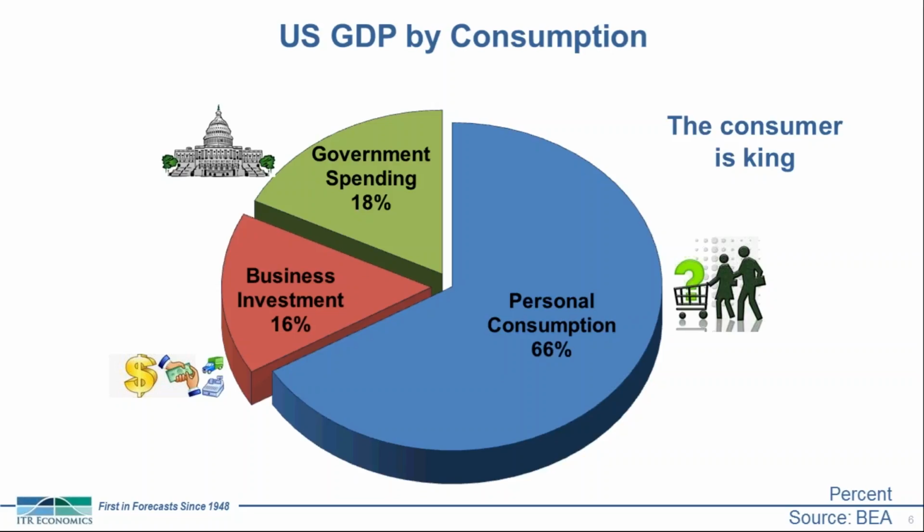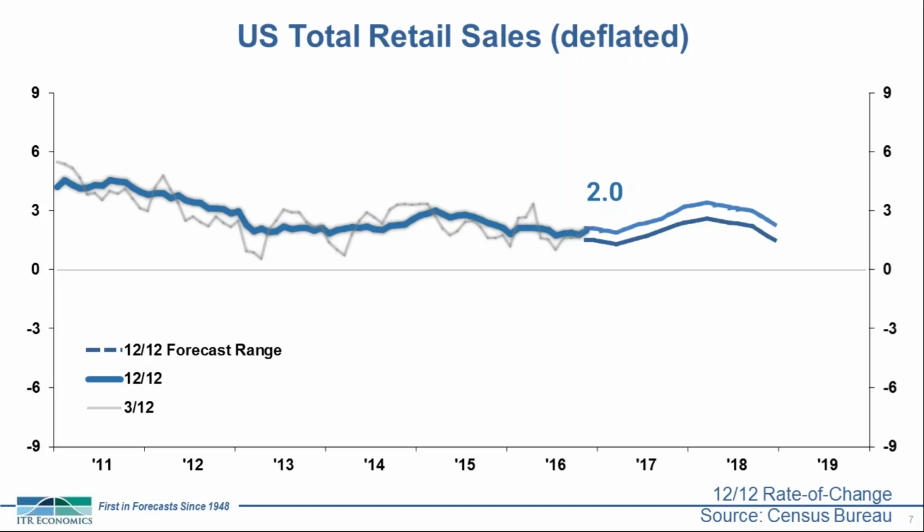It's the old adage that the U.S. consumer is king, and it's very true. Wherever the U.S. consumer tends to go, so tends to go the U.S. economy in general. Taking a look just by the numbers, here we have U.S. total retail sales deflated. We deflate this index in order to account for actual economic activity at retail outlets, as opposed to fluctuations that would be caused by inflation in the varying cost of goods on a year-to-year basis.